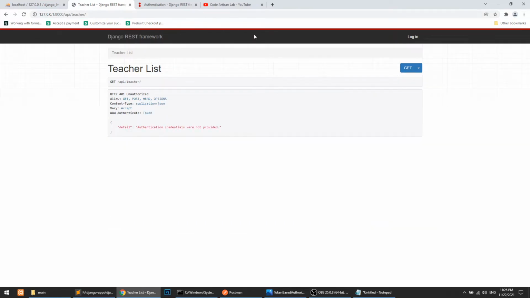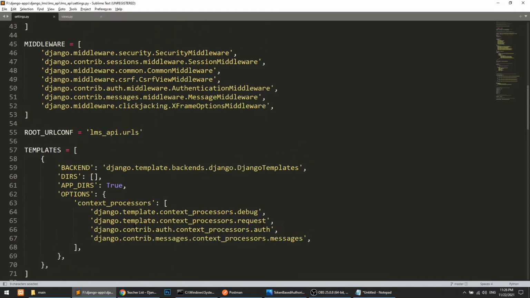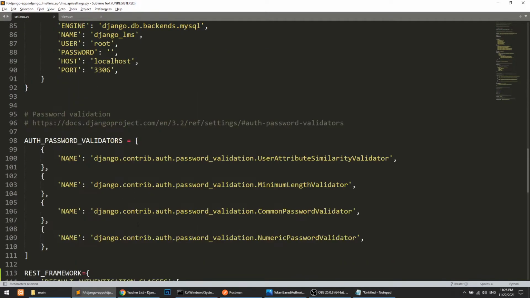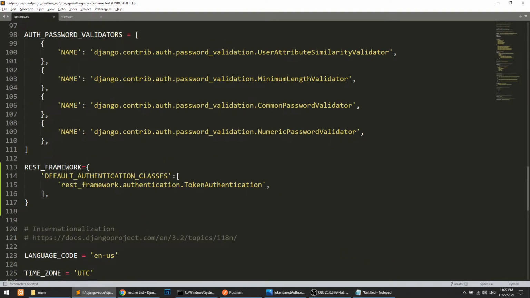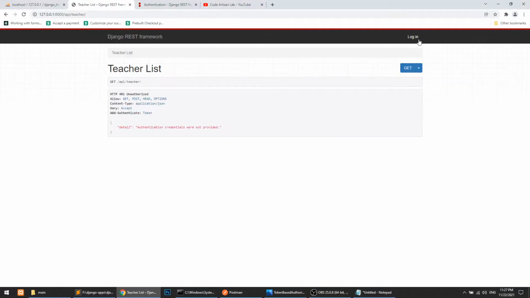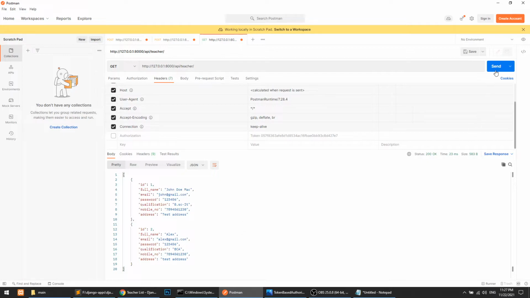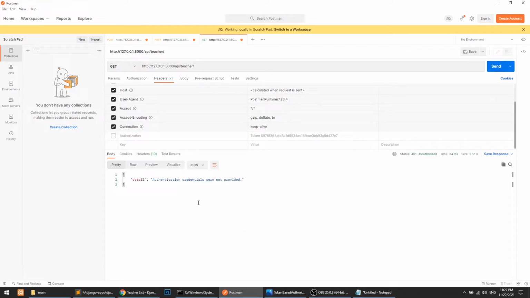Now it will work with token, not with basic authentication, because we have added this default. You can see here we have added the default authentication classes, so it is overriding basic authentication. Now it is saying that authentication credentials were not provided. Now we will go to Postman and send this request, and we will see the same message.